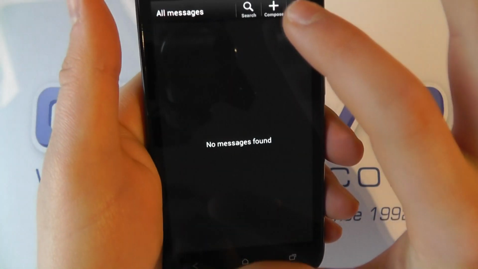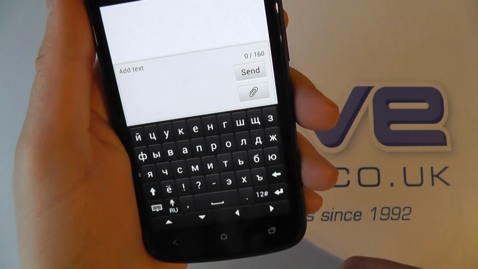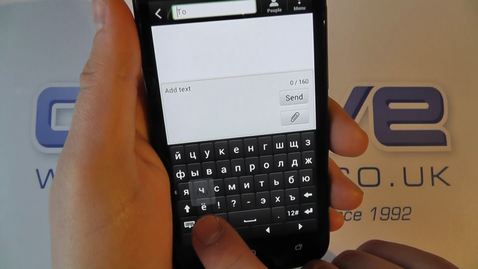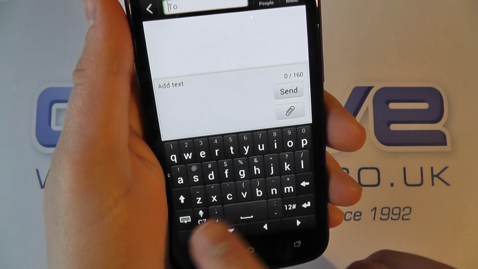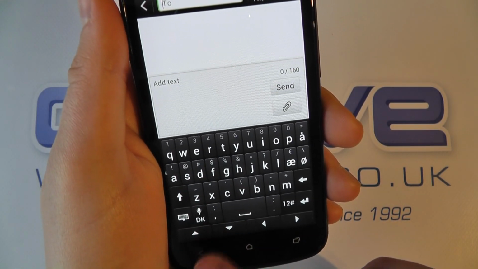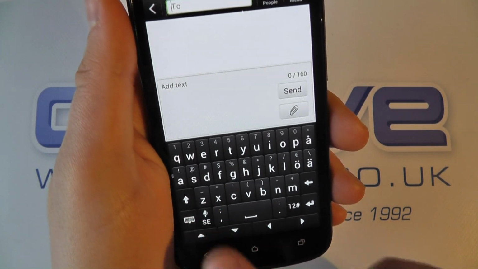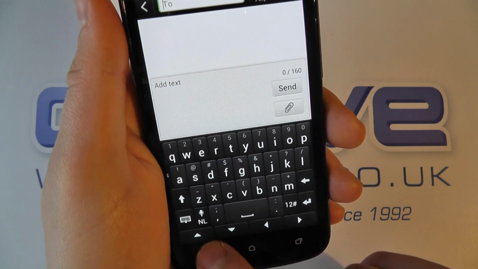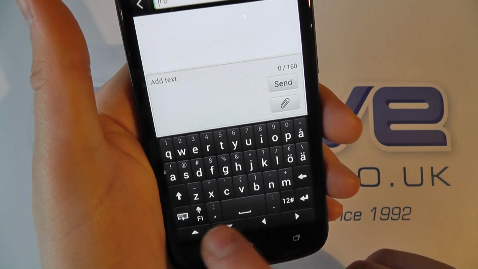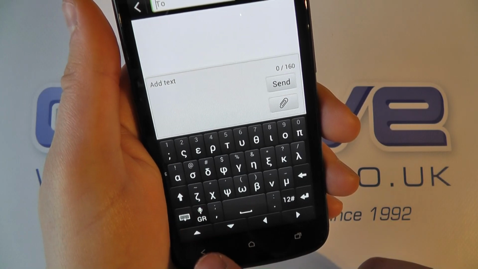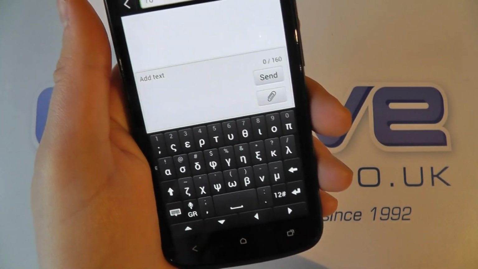So if, for example, we go to write a message now, we get the keyboard come up, and you can see here that it's actually in Russian. We just toggle this button between the selected languages and the keyboard layout will change accordingly. So we're going from Danish through to Swedish and so on. You can see how the keyboard is changing to give us the layout that applies to our language,